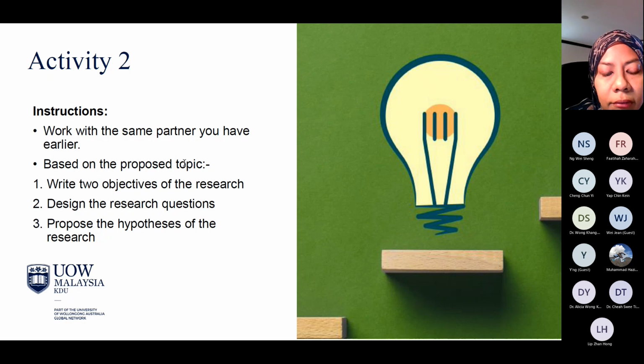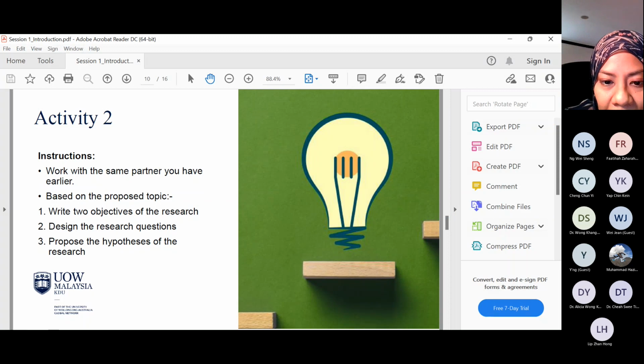Actually, I lost the link of my Padlet. I want you to write there, let me find my Padlet link. I will share you my Padlet link in a while. Can wait a bit.